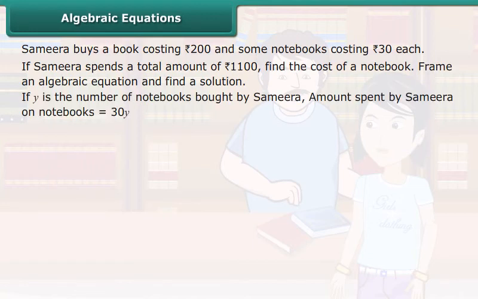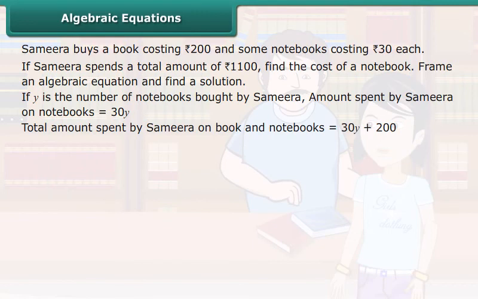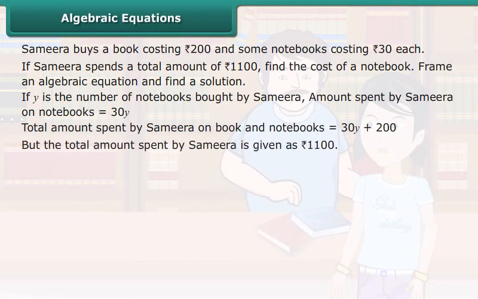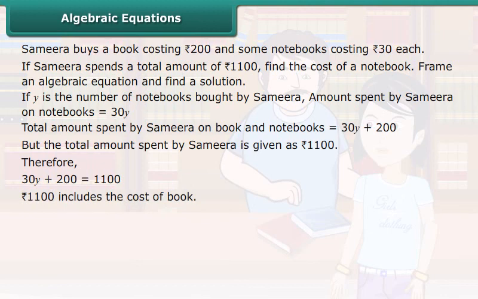If y is the number of notebooks bought by Samira, the amount spent by Samira on notebooks is equal to 30y. The total amount spent by Samira on the book and notebooks is equal to 30y plus 200, but the total amount spent by Samira is given as 1100 rupees. Therefore, 30y plus 200 is equal to 1100. 1100 rupees includes the cost of the book. Amount spent by